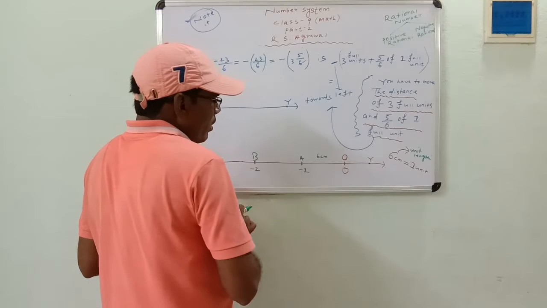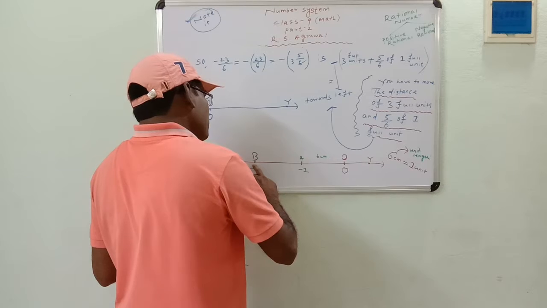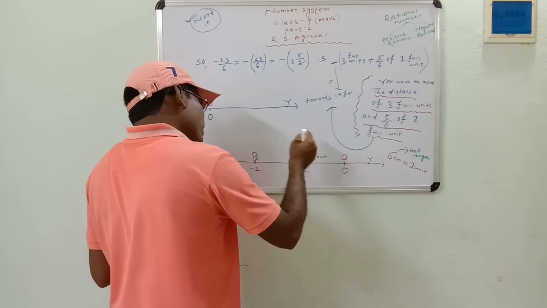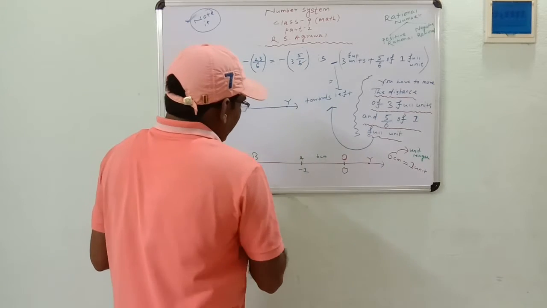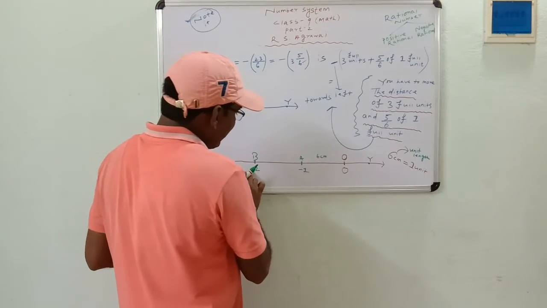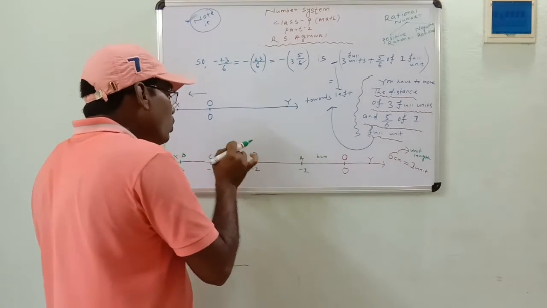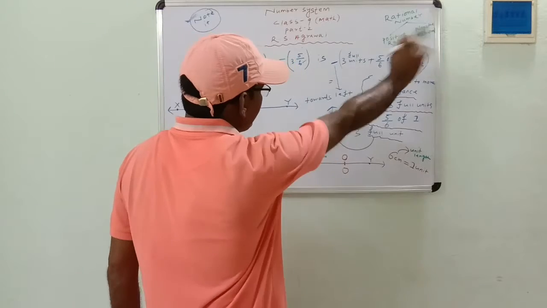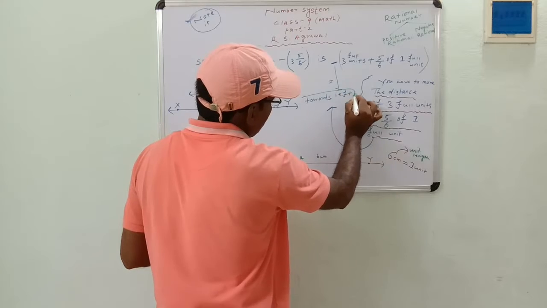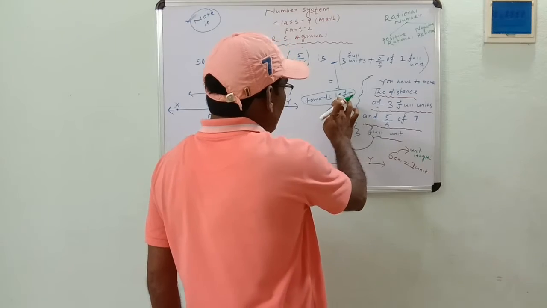Similarly, from point O, if you cover 2 unit distance, yes, it is 1 unit, it is 1 unit. So if you cover from point O 2 unit distance towards the left, then it is minus 2. Minus sign indicates only direction, that is left direction. Here I have mentioned, towards the left. Minus sign means you have to move towards left.